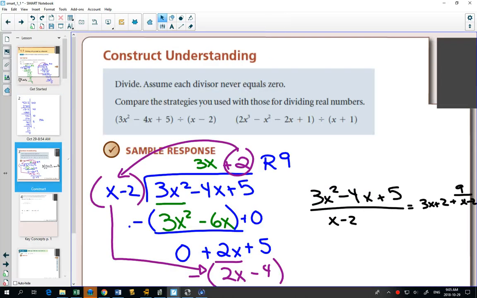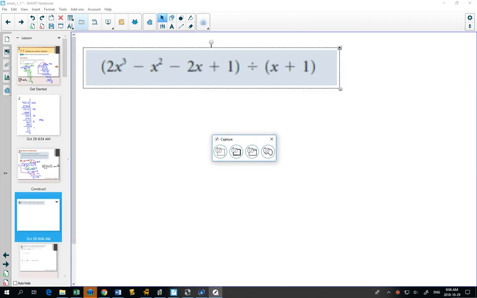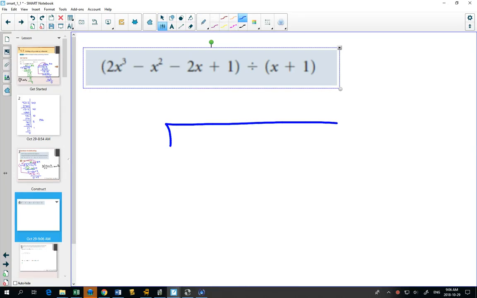So let's do the next one. That's not the button I wanted. Here's the button I wanted. So if we're setting this up with long division, 2x cubed minus x squared minus 2x plus 1, and we're dividing by x plus 1,